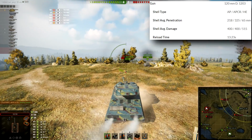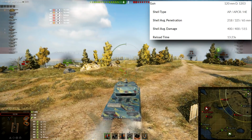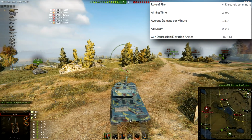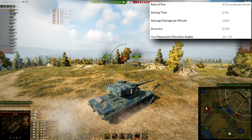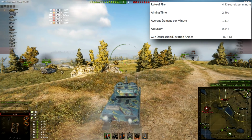But 65 millimeters of penetration with HE shell, average damage numbers are 400, 400 and 515. Reload time is pretty damn long, 13.23 seconds, equals 4.53 rounds per minute. Aiming time is a little bit better actually, 2.59 seconds. Average damage per minute is a little bit over 200 lower,